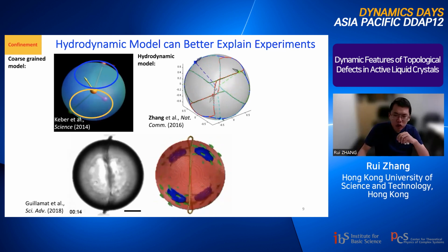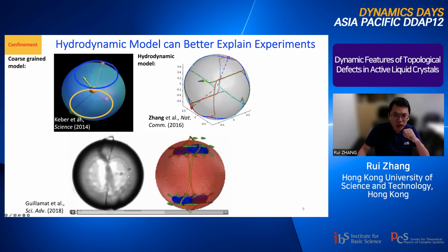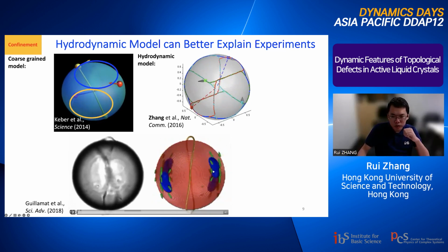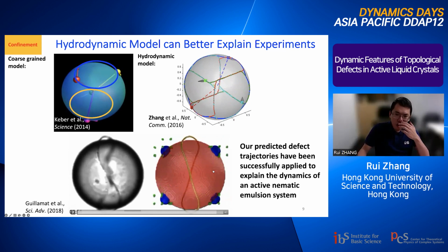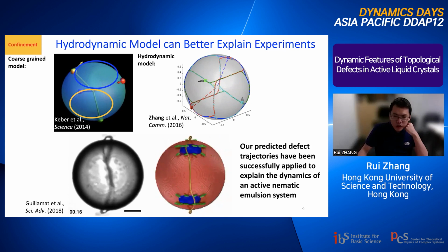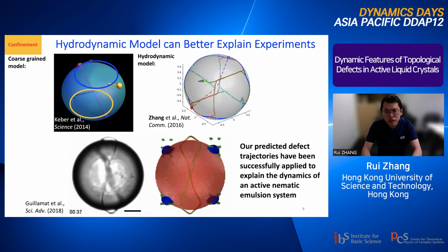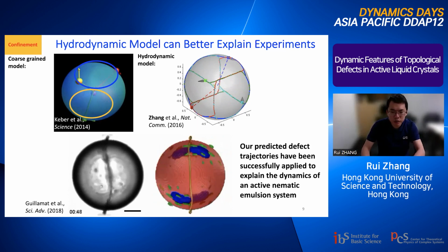So in this work, they have used our trajectories and they can reproduce quantitatively the dancing mode of the experiment. So our model is now benchmarked by this very nice experiment, and also our predicted trajectories can well explain